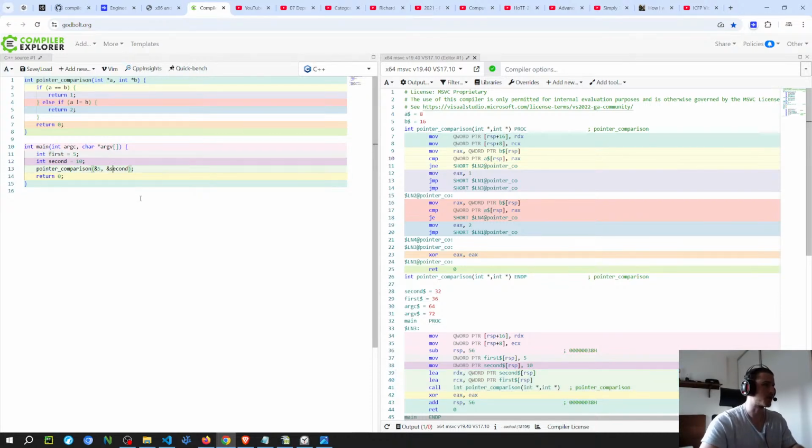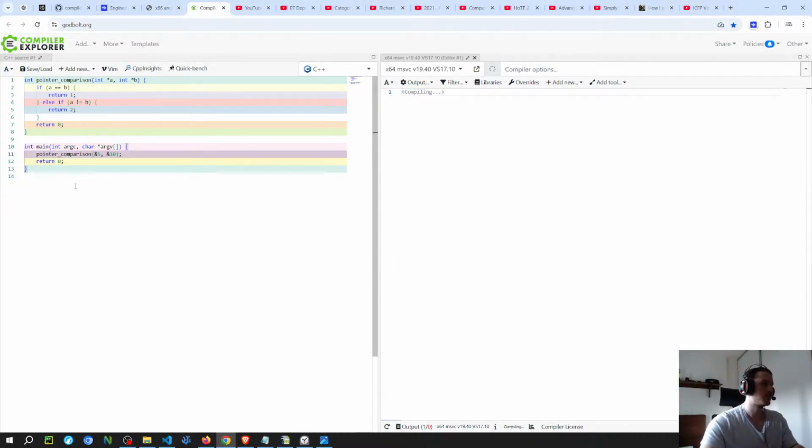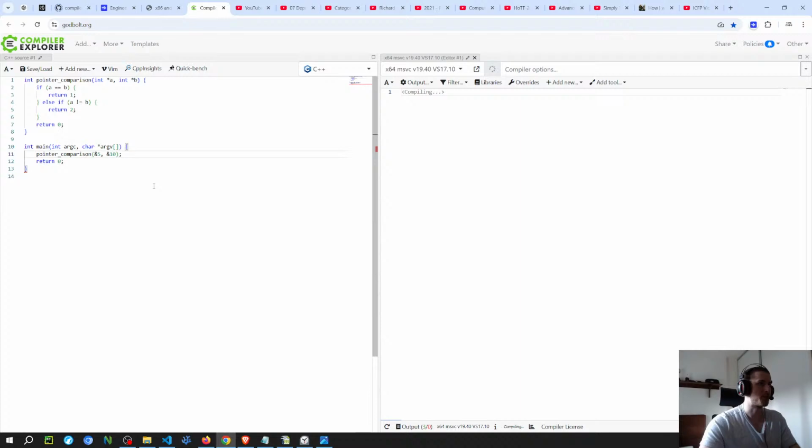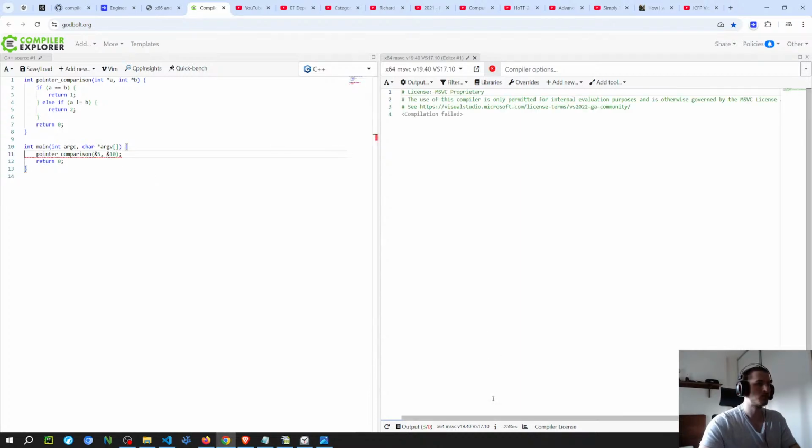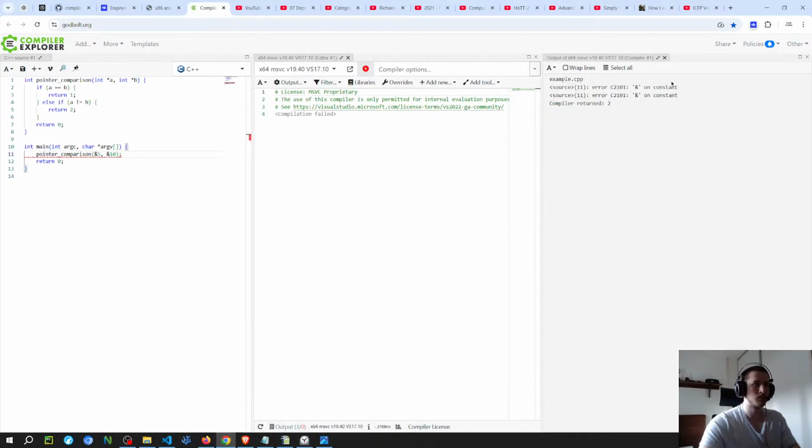So I'm going to see if I can do this, and then remove the assignments. So apparently it doesn't work on constants. Because they are R values, it doesn't make sense: you're passing a reference to an R value, and because the R value doesn't have an address, you can't do that. So you have to pass an L value. So let me see if